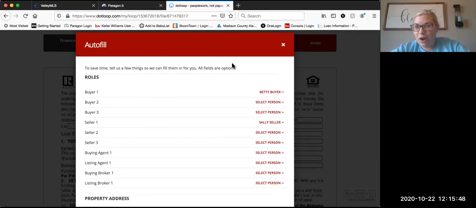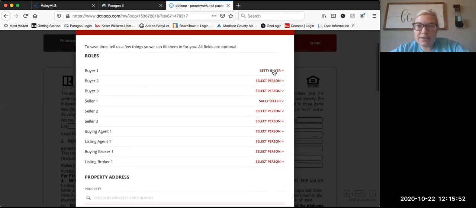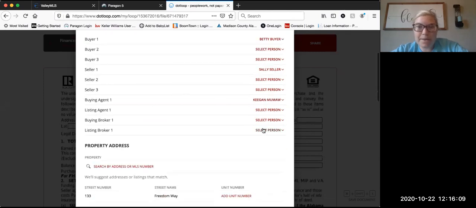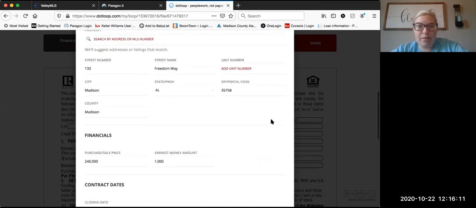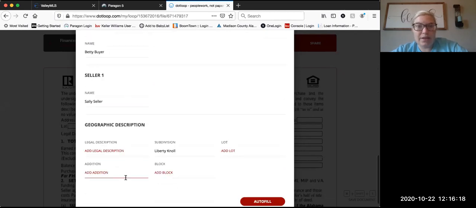Use the autofill option. Okay. Make sure Betty Buyer is listed under buyer, and Sally is listed under seller. Whoever the buyer agent is, I'm just going to say me. Listing agent, you can add the person or you can just select them if you've already added them. Okay. And then make sure the address is correct, the purchase price, the earnest money, closing date, and all that